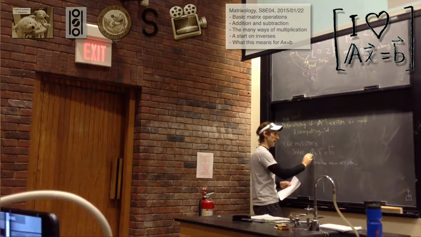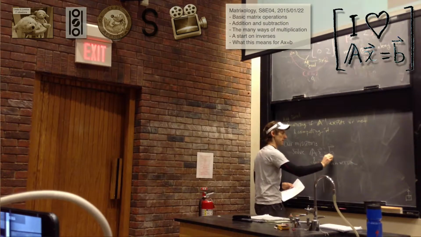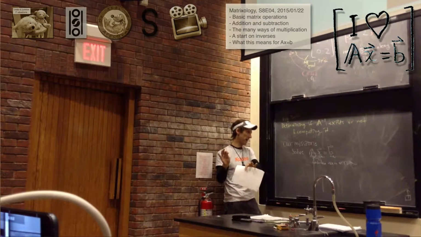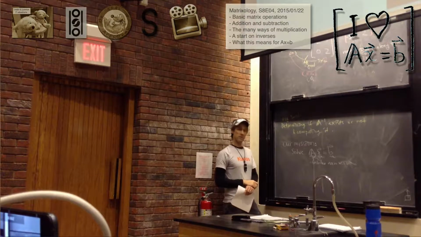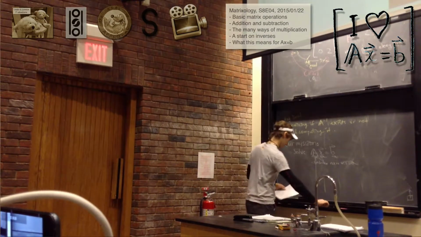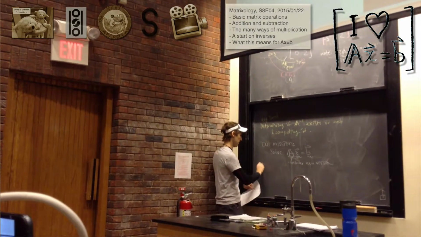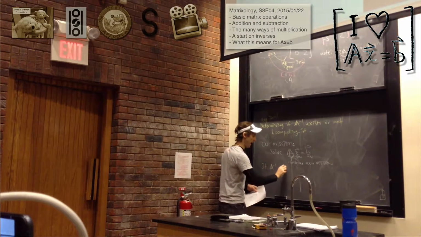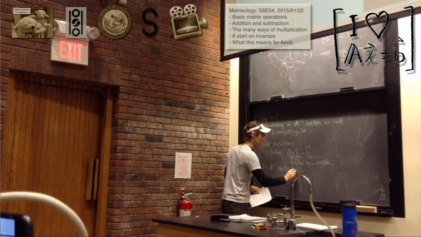So this is n by n, this is n by 1, and this is n by 1. All of those things make sense. So if we've got an inverse, we're all good. If A to the minus 1 exists and we know what it is,